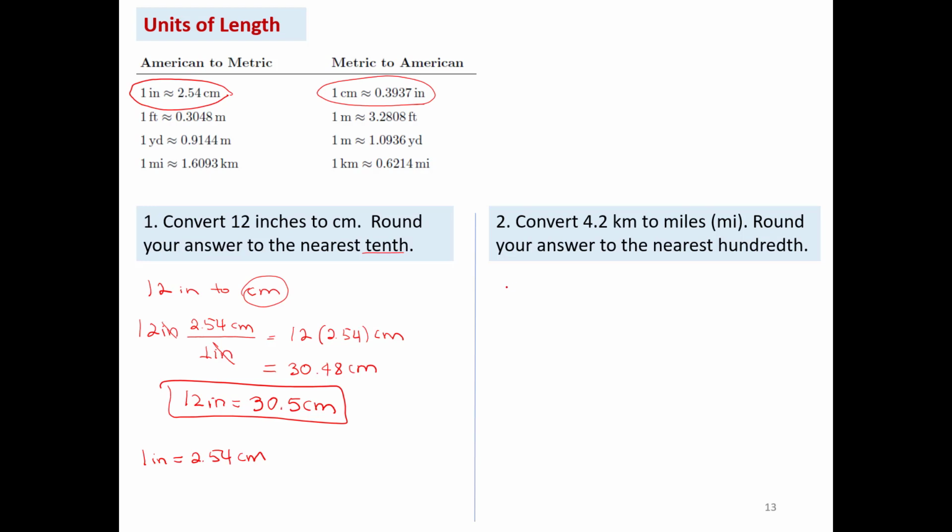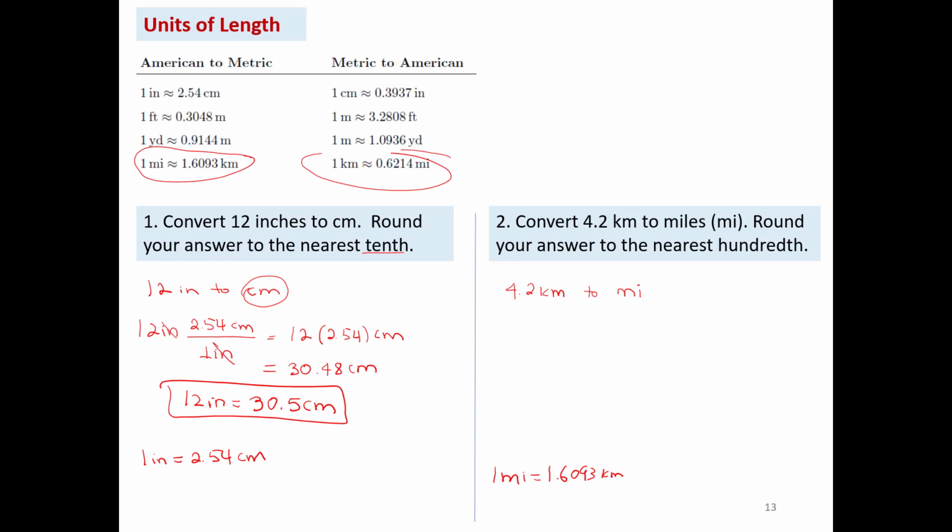Now we want to convert 4.2 kilometers to miles. We need to check what unit conversion factor we want to use, and we can apply either this one or this one, both work. Let's apply the first one, so it's 4.2, and let's use this one: 1 mile